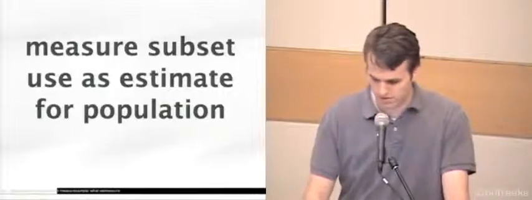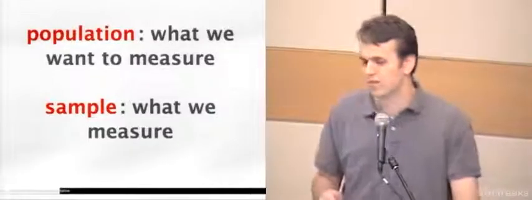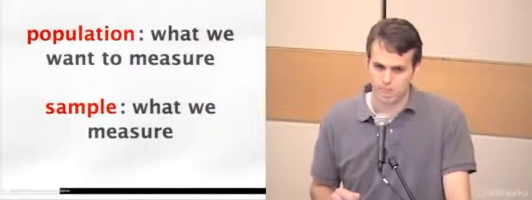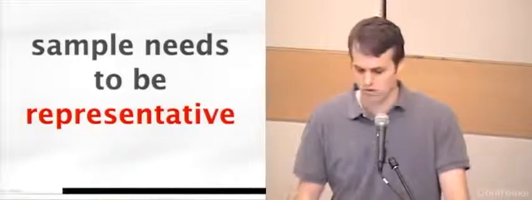the main population. Okay, so the population is the thing that we actually want to measure, and the sample is what we can feasibly measure. Okay? But this sample needs to be representative of the population, or we're going to get completely bogus data. So, for instance, if we're looking at the average height of people, and the sample was my family, then I'm short for my family. I'm 6'2", and so we would conclude that everyone in the world is around 6'6". Okay, so that's totally bogus.